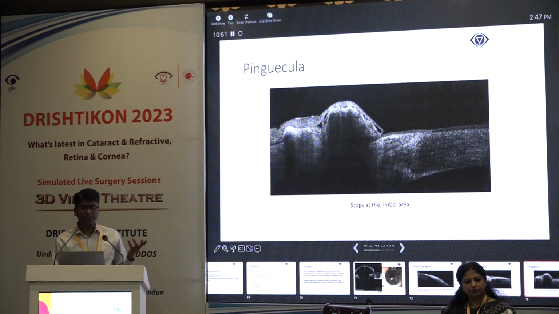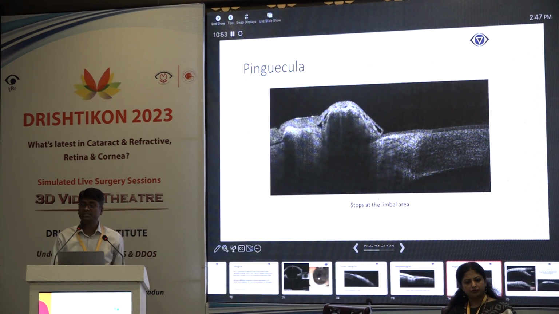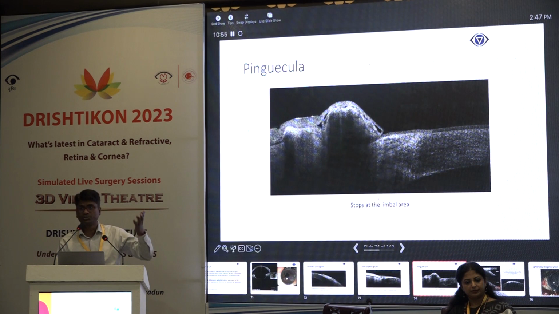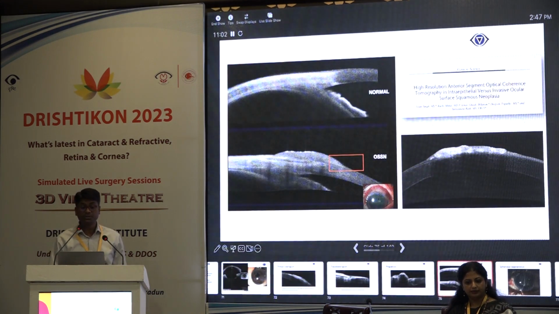Pinguecula, if the patient is really fussy and asks what it is, you can scan and show that it's absolutely fine. So for pinguecula per se, the OCT is not going to help you in any way. It's just for documentation purposes. Where it is